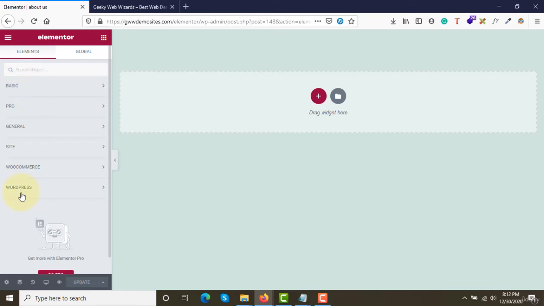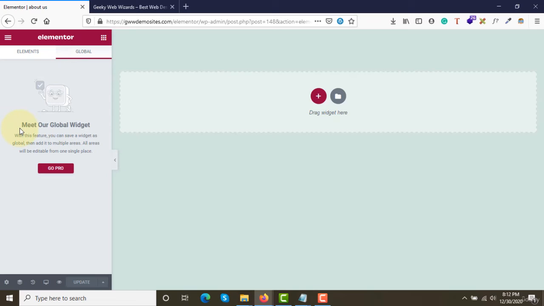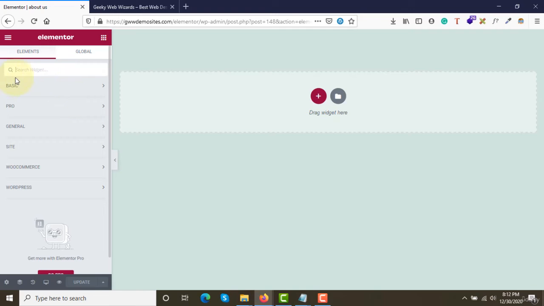These elements can be accessed from the option called the elements tab, right? And if you click on the global tab, you have some options to change the entire colors or fonts, default colors. Those settings we'll be able to change, but that is from the pro version. Still, even if we don't have the pro version, we can manage by doing it manually one by one. So in our next section, around the fifth module, we'll be looking into the pro version as well.